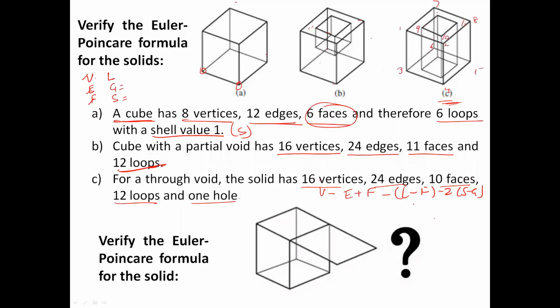9 10 11 12 13 14 15 16, 16 vertices. Okay, now we come to the edges. 1 2 3 4 5 6 7 8 9 10 11 12 13 14 15 16 17 18 19 20, 21 22 23 24. Okay, now we come to the faces. To identify faces, the first thing you need to understand is